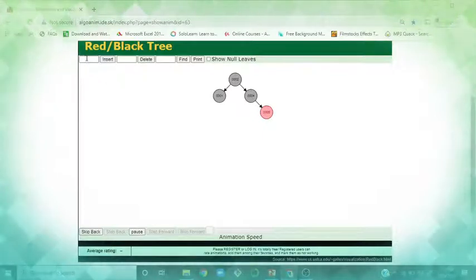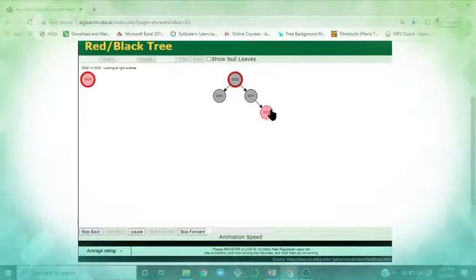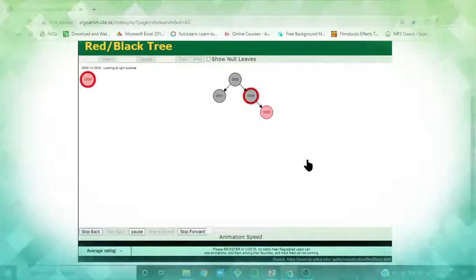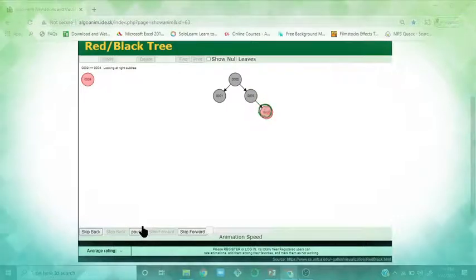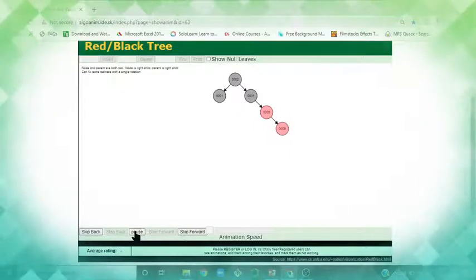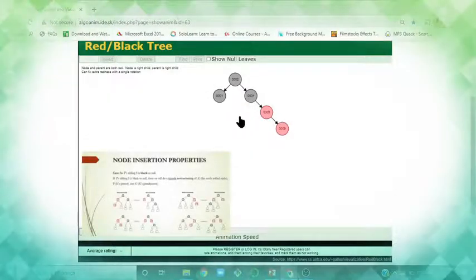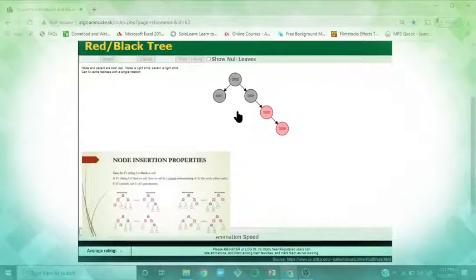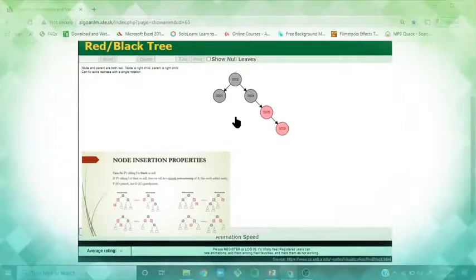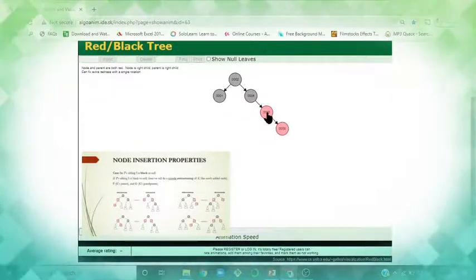Now let me insert 9. Greater than 2, greater than 4 and greater than 5. After inserting 9, you can see its parent is in red color. I am violating the property. Now look whether I have a sibling or not. I don't have a sibling, so that's case 2A. If you don't have any sibling or the sibling is black, we make a single rotation. Since it is violated, parent is in red color, we follow single rotation.